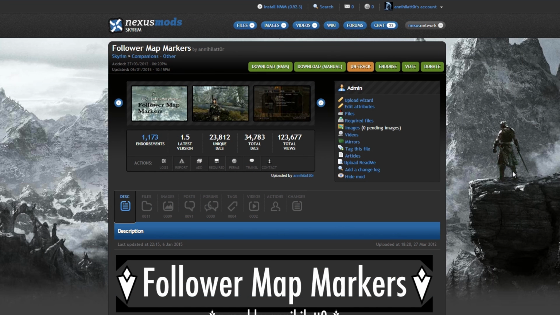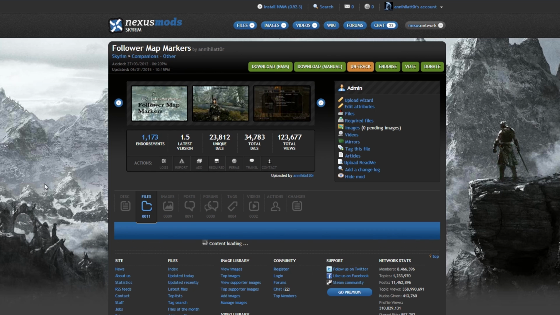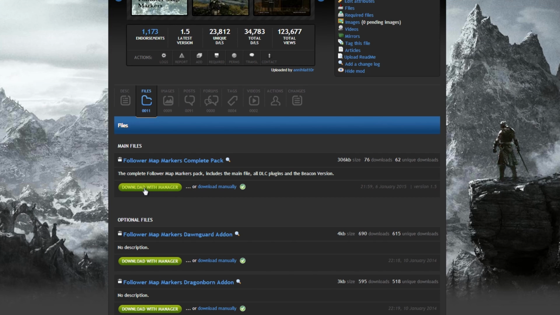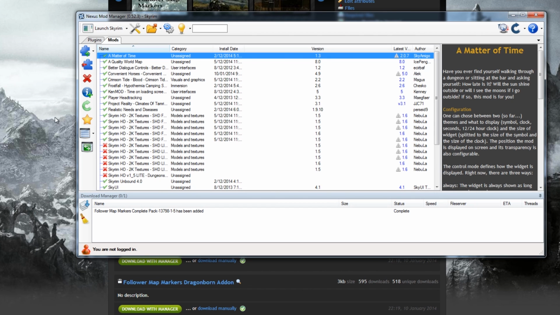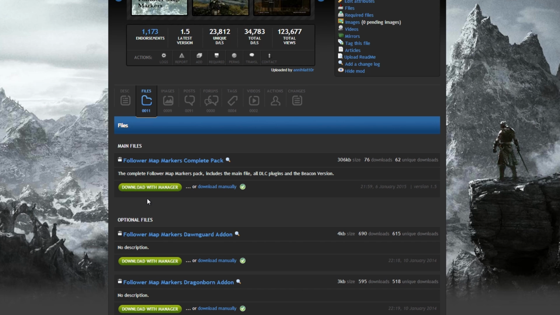Okay, so now onto the Nexus version of the mod. This version offers a wider range of install options. So head on over to the page, click Files, and you get two options, either download with Manager or download manually. If you click download with Manager, you need to be logged into the Nexus mod manager, and once you click download it will automatically be added. But for this I'll show you how to download manually. So you click download manually,